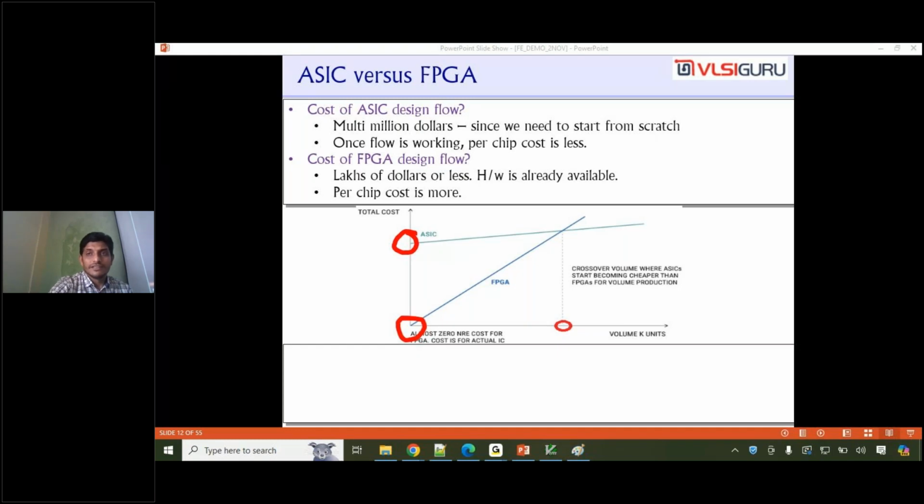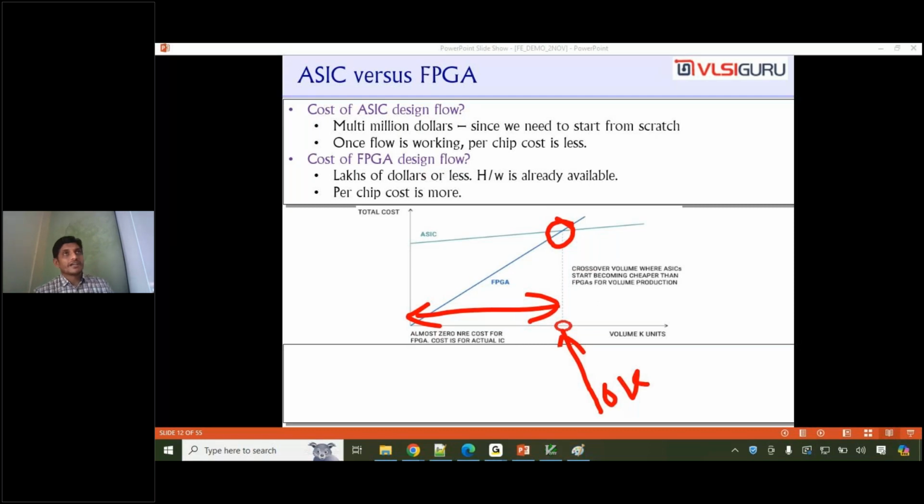Because of that, whereas you see the FPGA curve is very steep, the ASIC curve is like this. It means that there is a point where the cutoff will happen. Till this point, let's say this number is 10,000. If you want to manufacture anything less than 10,000 units,